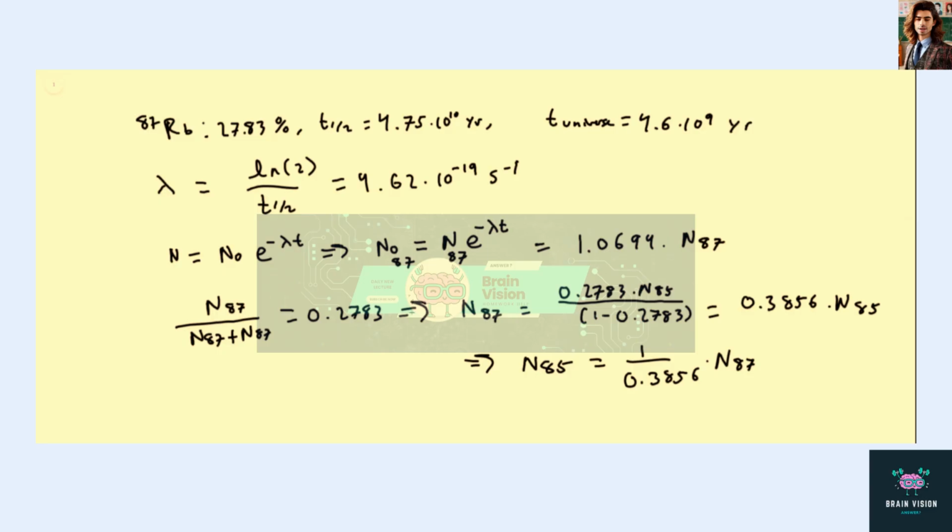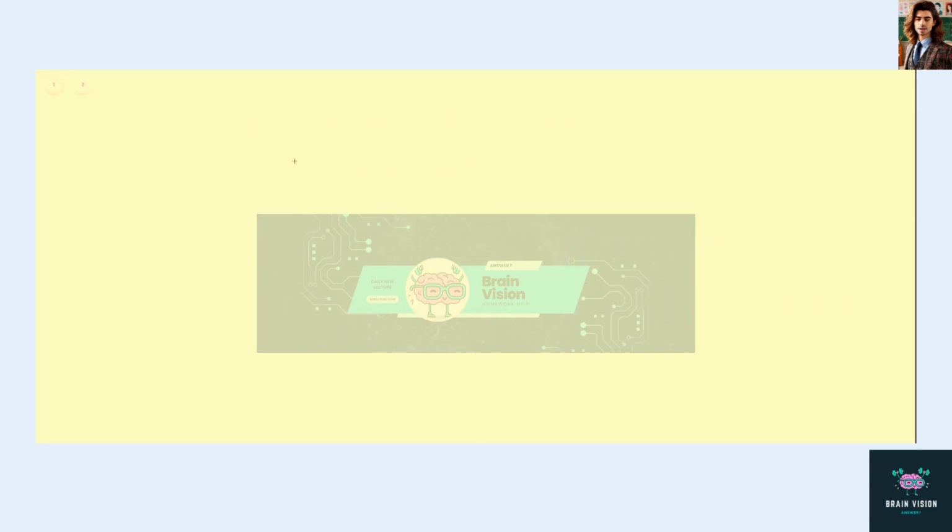So now, for the last step, we want to calculate our final answer, which is the number of rubidium-87 atoms that existed at the start of the universe over the total number of rubidium atoms at the start of the universe. N naught Rb-87 plus N naught Rb-85. So plugging in the numbers we got previously, this works out to be